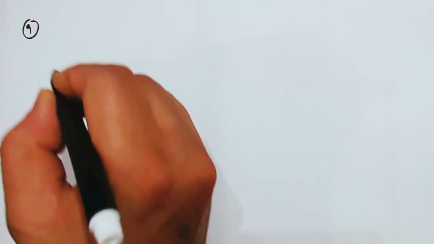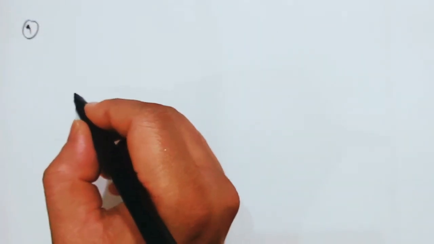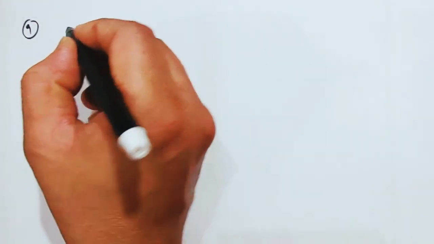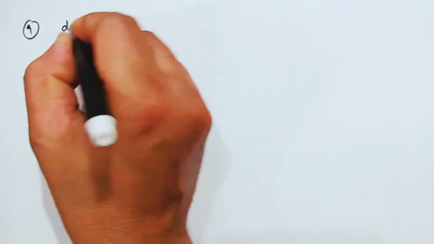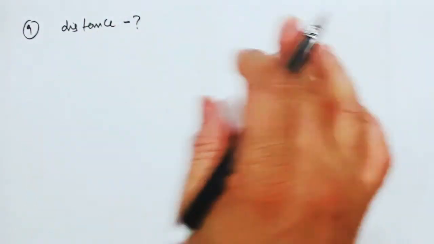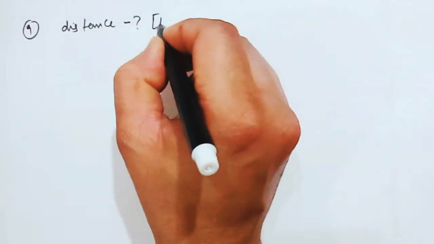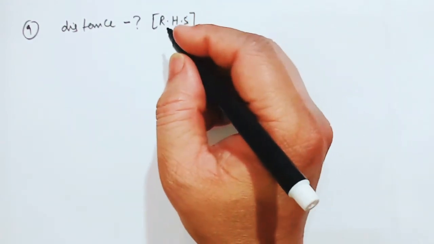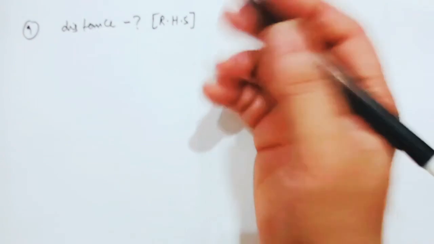Come to number 8. In number 8 what are they asking you? Number 8 we have done right now. Number 9, come to number 9. A car covers a distance of 180 km in 5 hours. So what are they asking you? How much distance will the car cover? They are asking you the distance. So again, as I told you, what you are being asked should be on the right hand side. RHS. This time I will not make a mistake, because I have now known that this is my right hand.